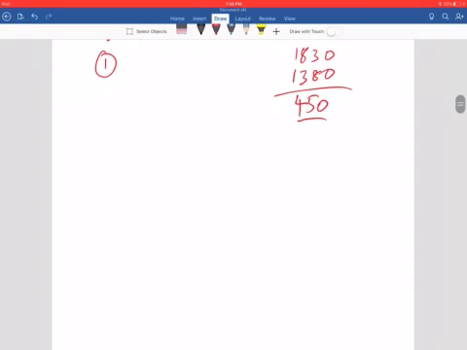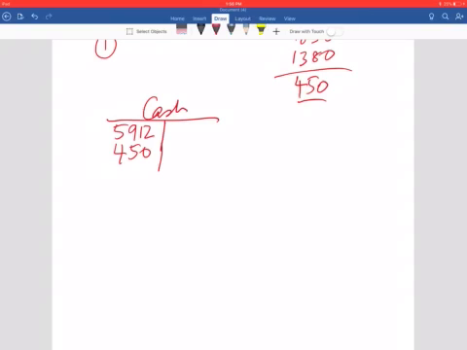So I'm going to make a T account. Right now it is 5912. I'm just going to add this 450 because that's what it is missing, because a lesser number was given to it. So I'm going to fix that by adding that number on the debit side, right? So that's the first step. Second, the purchase on account of a computer costing $3,200